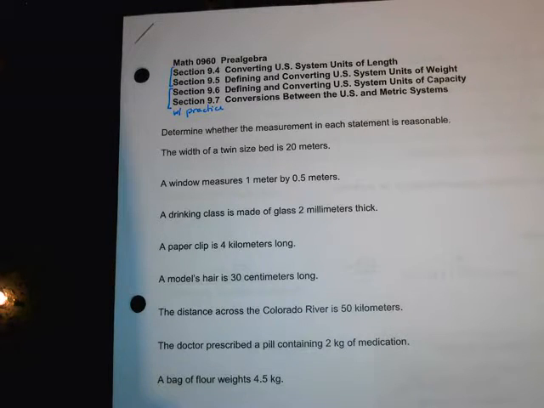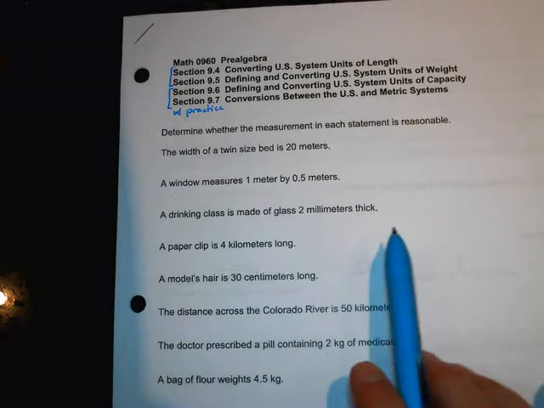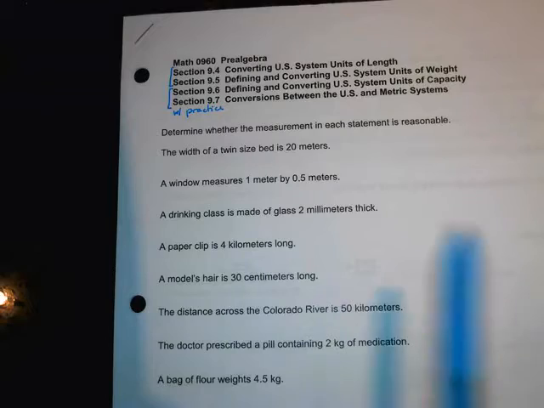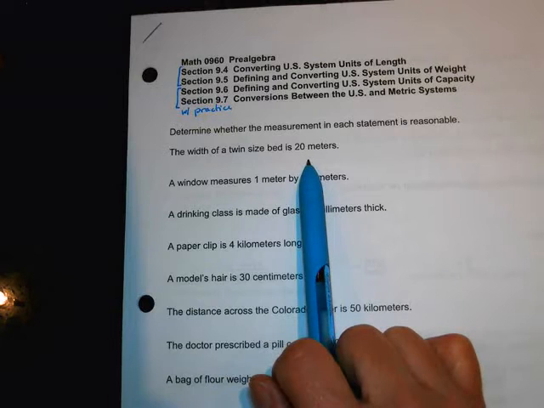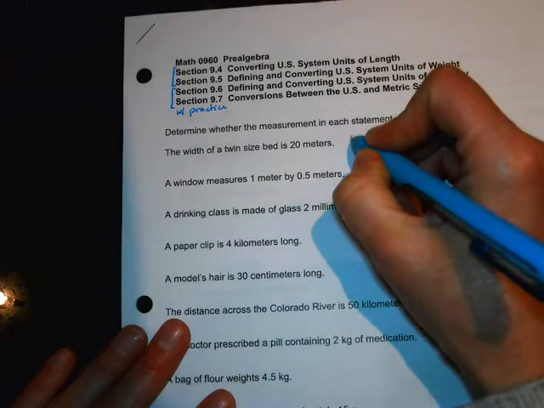All right, so usually we equate a meter stick and a yard stick. Like I have a yard stick at home. But I know in the science labs, I would have brought in a meter stick. So you can see that a meter is just a little bit bigger than a yard. So when I think of my yardstick, 20 would be a really big bed. So 20 yardsticks or 20 meter sticks, no, that's like a crazy big bed. Nope. So that would not be reasonable.